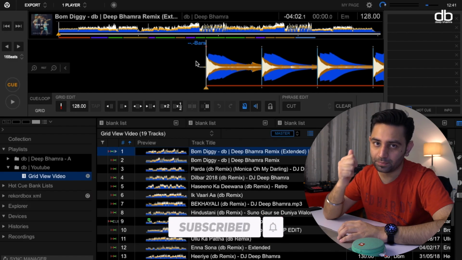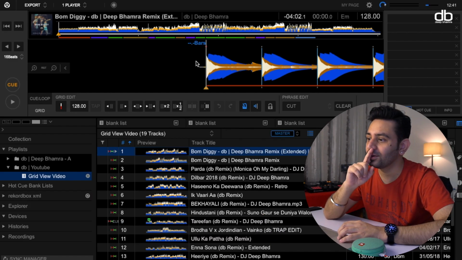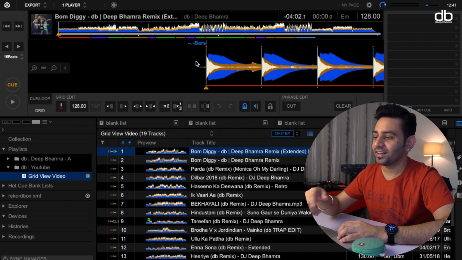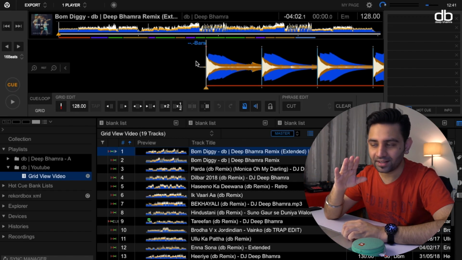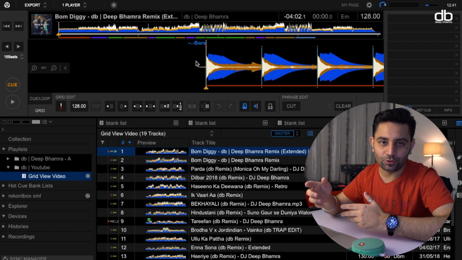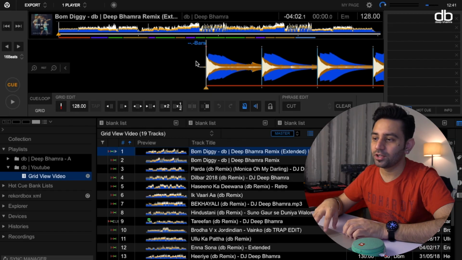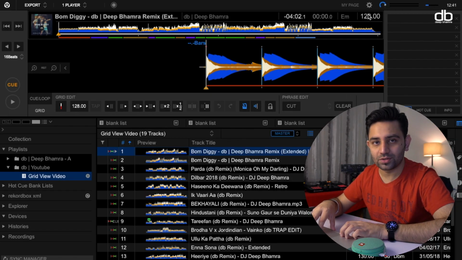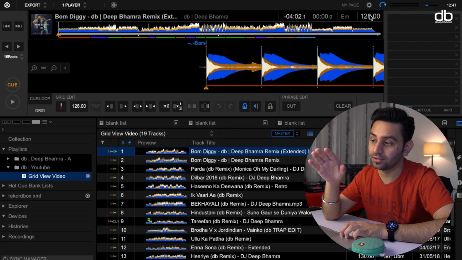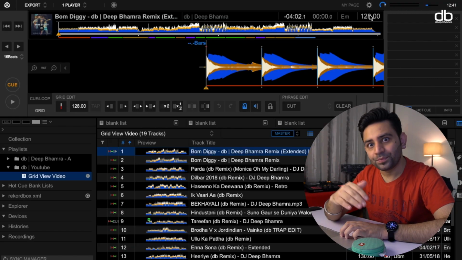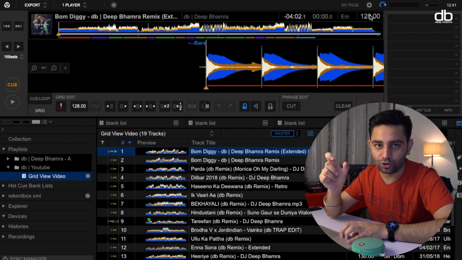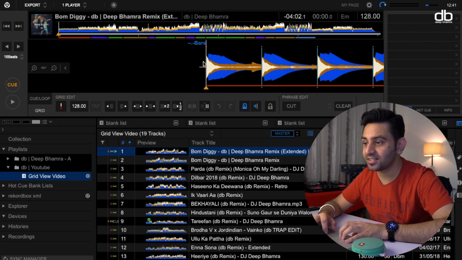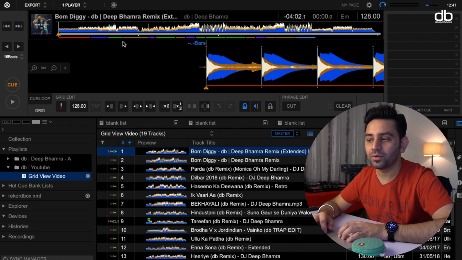Now before you fix this, there are two things that you need to find. That is the right BPM of the track and the right BPM of the breakdown as well. This track is a remix of my own, so I know that when I was producing the track, I set the BPM to be 128 in the beginning and 105. Usually it's always rounded off, it's either 128 or 130, so you can use Rekordbox. So when you load in the track and if it shows that it's 128, you can be sure that the beginning is at 128, or if it shows 105, you can be sure that the track has a 105 BPM portion somewhere in between. But in this instance, since I already know the BPMs, it's going to be very easy to do.